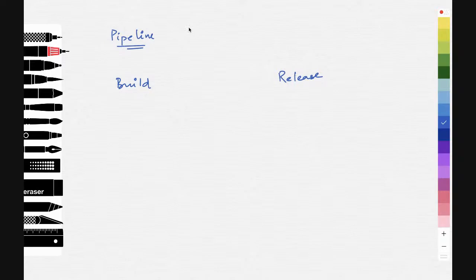So I can create my pipeline in two different ways. I can create my pipeline in YAML coding. I can create my pipeline with the graphical editor. It is called the graphical editor. So if we are new to it, we use the graphical editor. If we know YAML coding, we can go ahead and create a YAML-based pipeline as well.